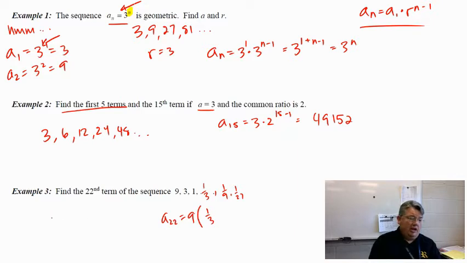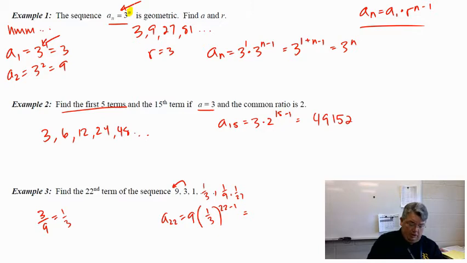If I'm not sure of that, take a term like 3 and divide it by the term that came before it. 3 divided by 9 gives you 1/3. So 1/3 to the power of 22 minus 1. Somehow that's going to be a very small number, I think. So 9 times 1/3, I'm just typing this in my calculator,